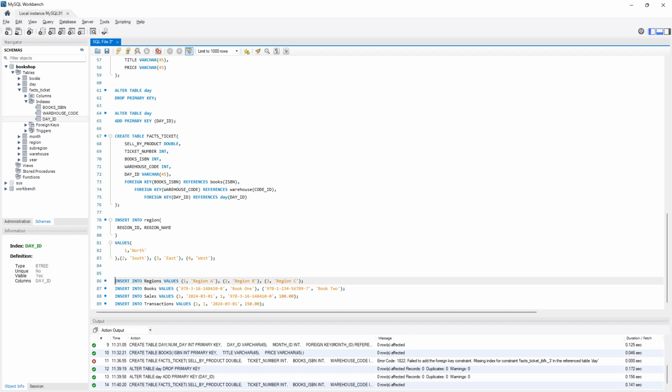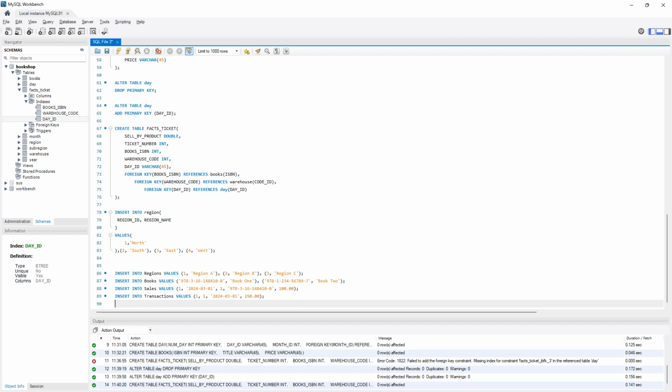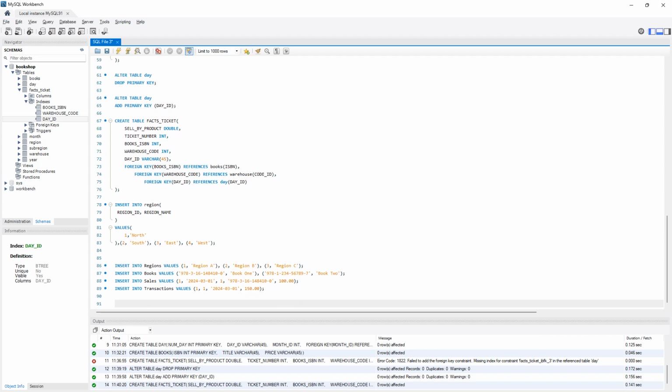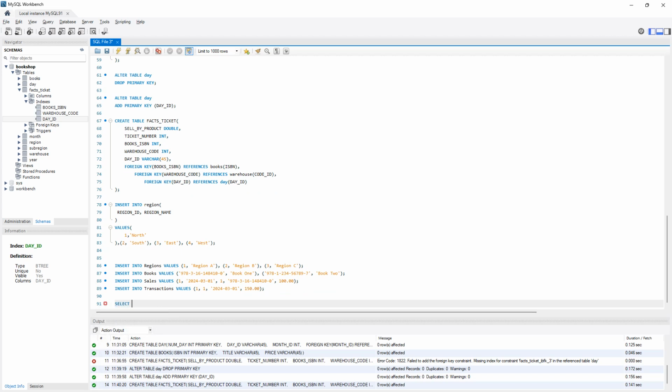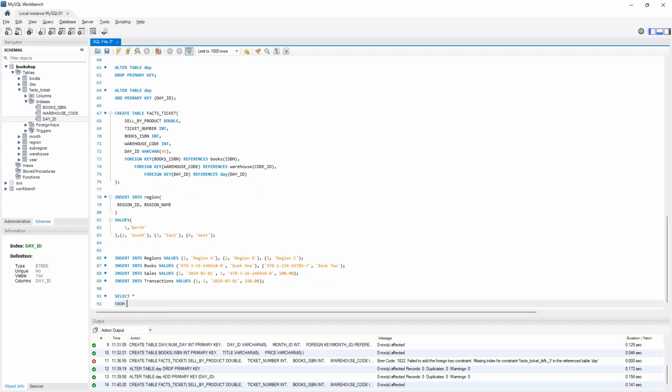Oh god, I made a mistake. We need to put some of them in this thing. Yeah, I made a mistake. I think I should, so let me see something. So select all from region. This is